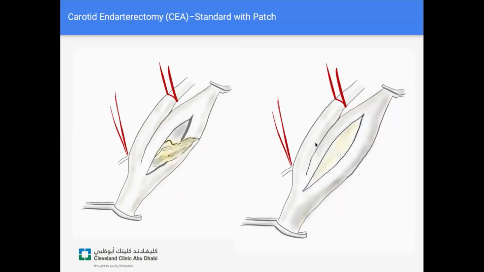Just going back to the patch, the most prevalent patch material today is bovine pericardium. Alternate materials include PTFE and Dacron. It's my opinion that those tend to bleed more from needle holes than the biological patch like this. This bleeds less. The other patch of choice of some surgeons is saphenous vein patch, and I generally use that when there's an infection, a wound infection or a patch infection.